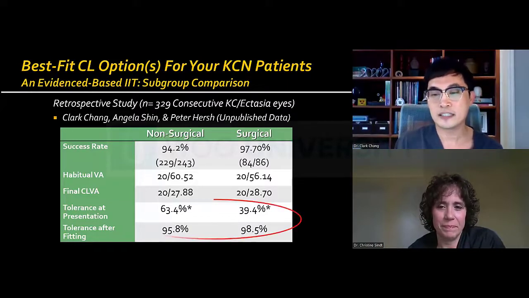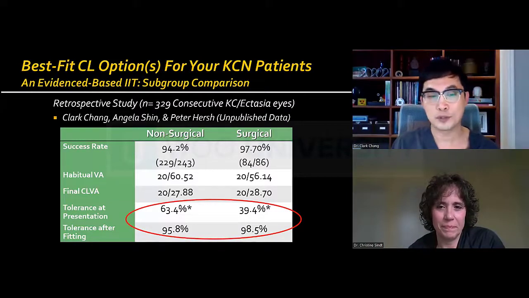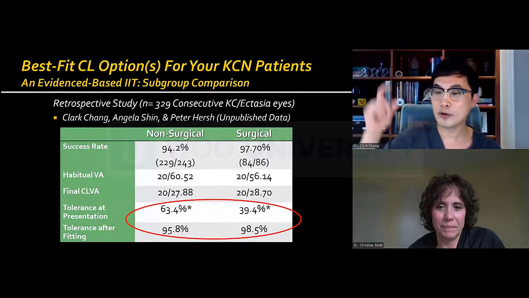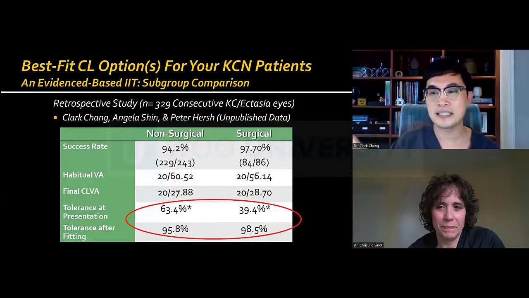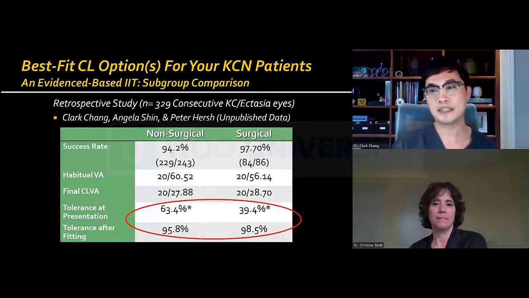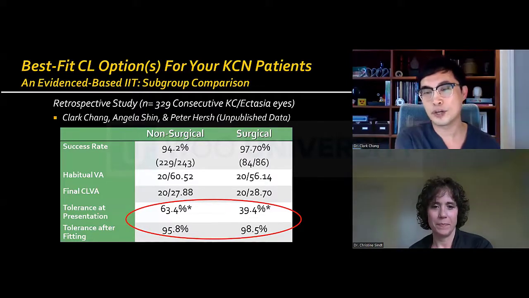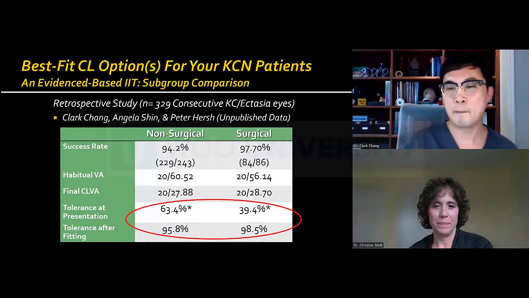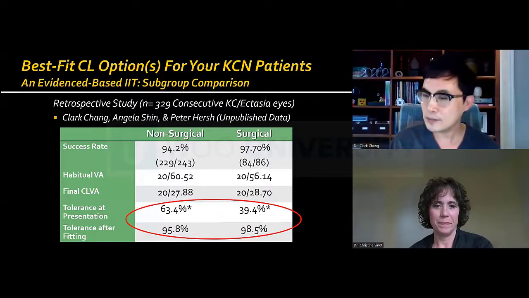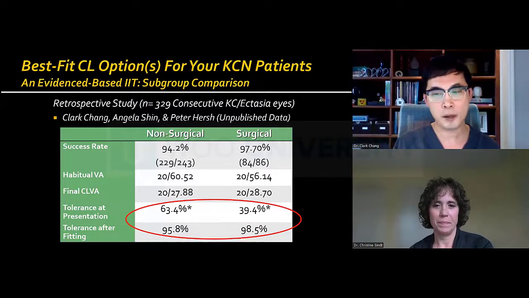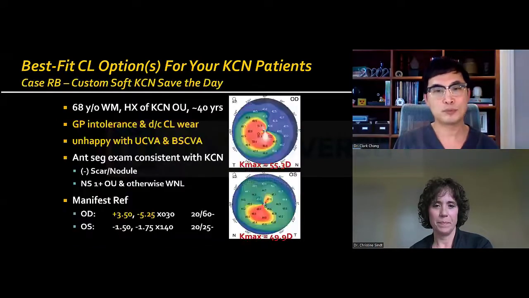And look at the difference, although the end outcome seems pretty similar, meaning that tolerance level, you could certainly see the discrepancy is much higher when we combined it with a surgical treatment versus patients who we determined probably don't require surgery or medical treatment. But that points out the fact that potentially surgery combined with a properly fit contact lens design can actually provide even more improvement to the quality of life of our patients. And so